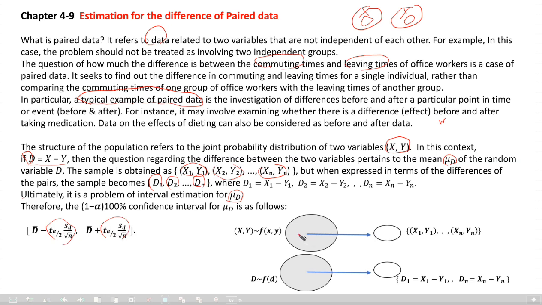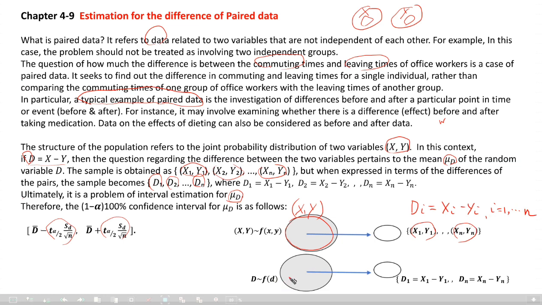So let's see this graph. We have X and Y, two random variables, so we have the joint probability distribution function f of XY. That is the population. We obtain a sample (x1, y1) up to (xn, yn), many paired data. Now let's see Di equals Xi minus Yi, i from 1 to n, say the size of the sample is n, then